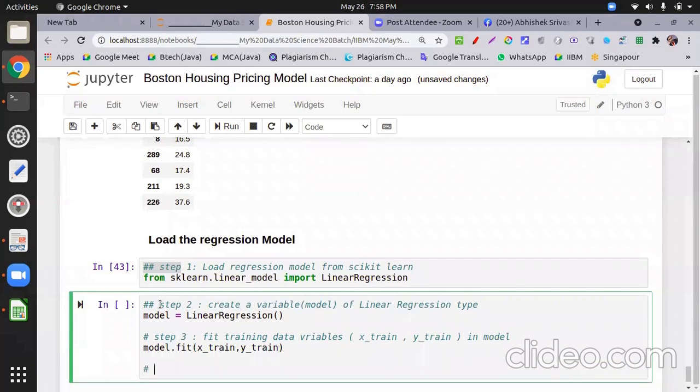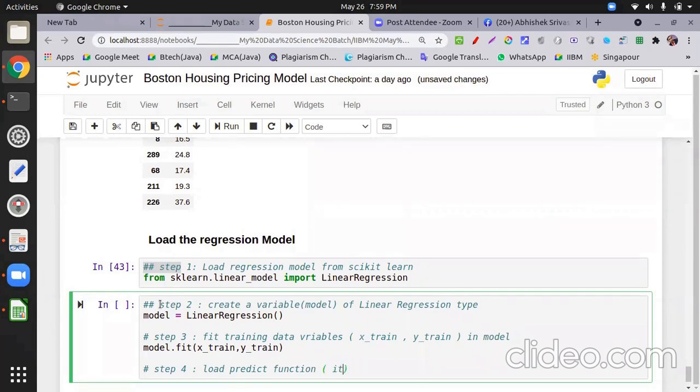Now step number 4, load the predict function. All right. So what we do in this step, we just try to find the value based on the test data set.